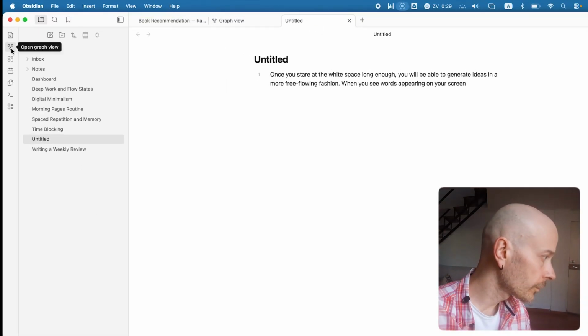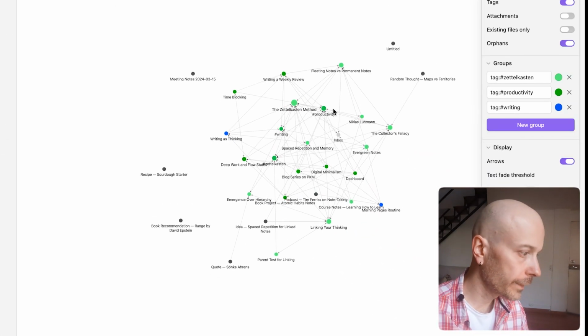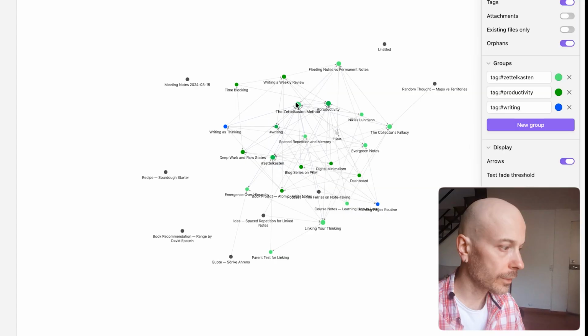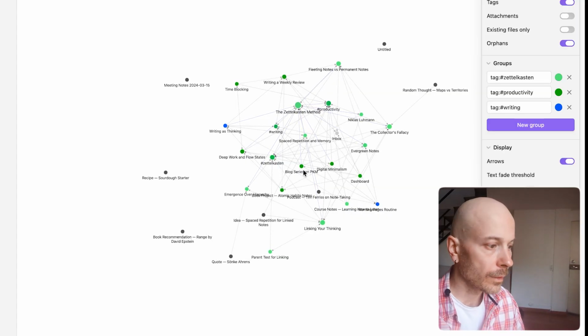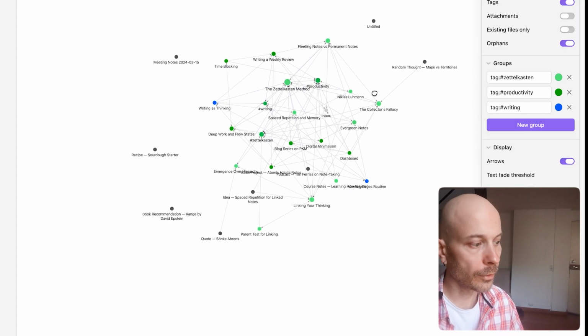Because, and you will understand once you start using it more and more, your nodes become standalone ideas to such an extent that you actually don't need to group them. It's just a waste of time to group them in any way. And instead what you do, you learn different ways of accessing your ideas. In Graph View, obviously you can click on this link, and then you can see all the links, and you can see the colors because they are tagged in different ways. But it's not the only way of seeing clusters of your ideas.